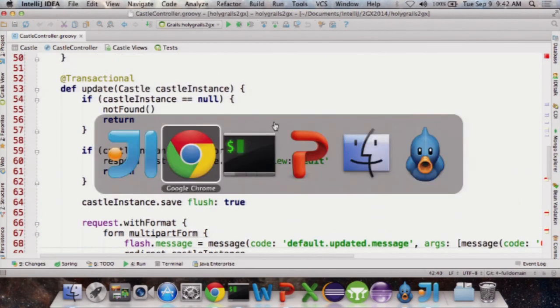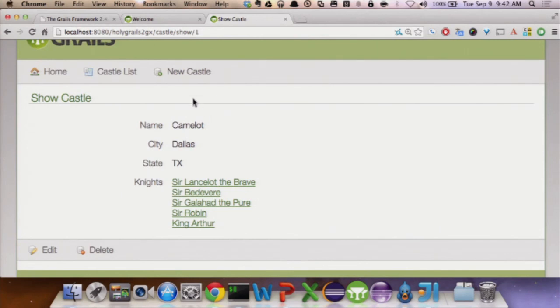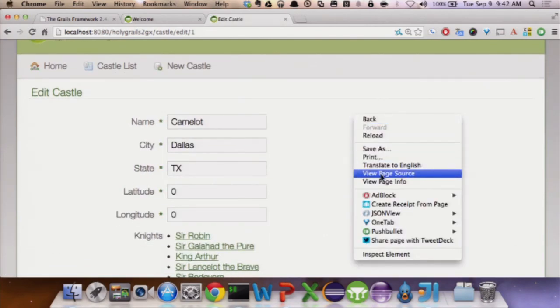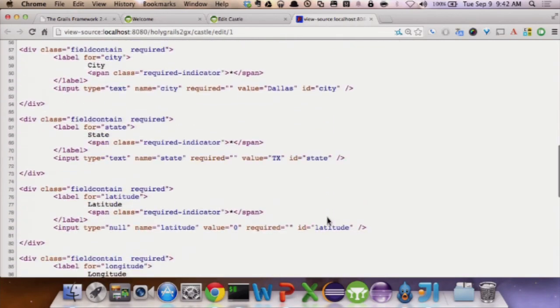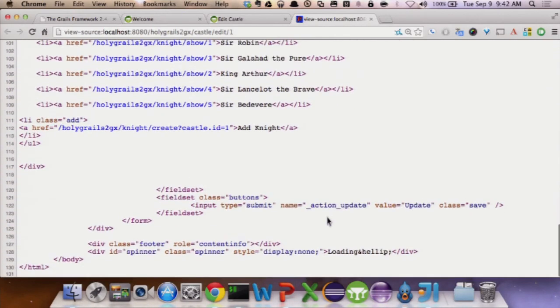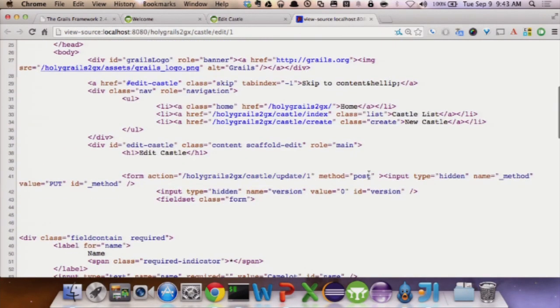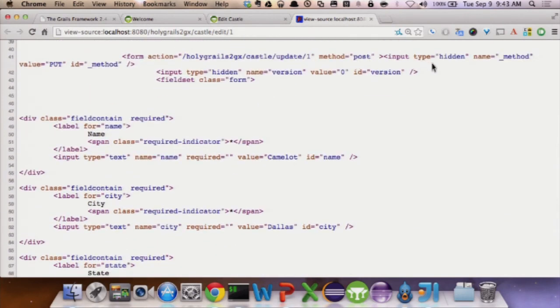So as an example of this working, let me go back here and say, I'm going to edit this castle. So I go edit, and if I look in the source code here, you will see that in the form itself, where does the form start? Here, method is post, input type equals hidden, this is a put for an update. Here, input type equals hidden, name equals version, value 0. So they're putting the version number inside the form as a hidden field,